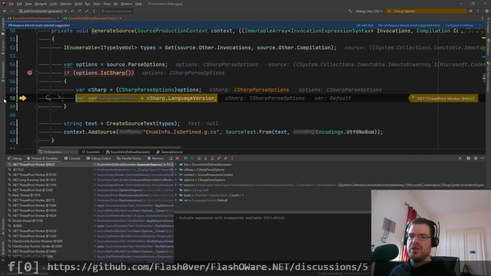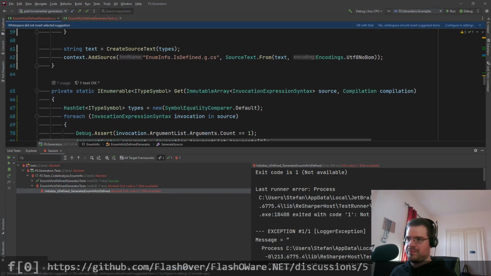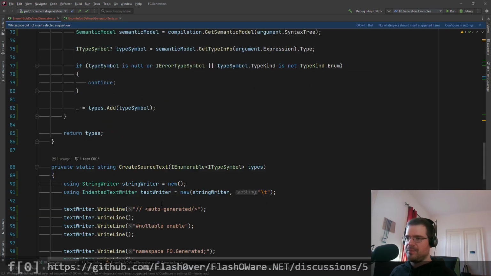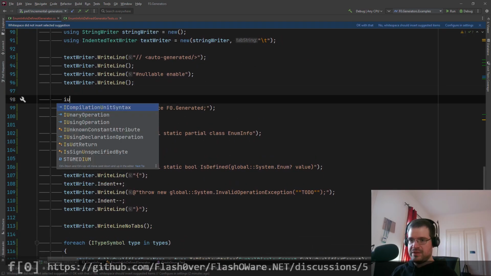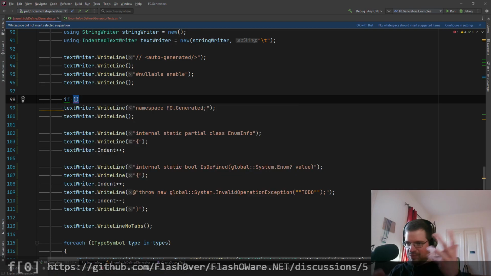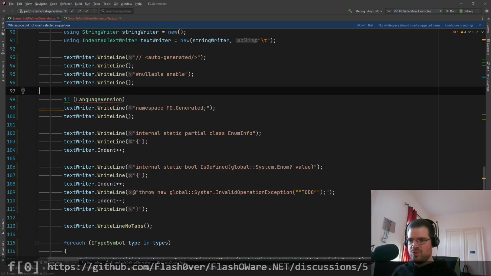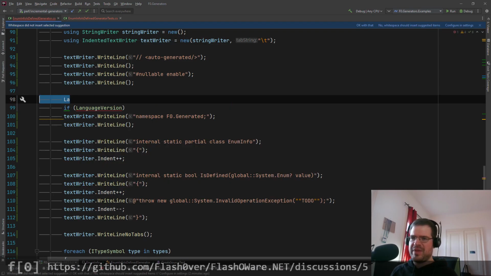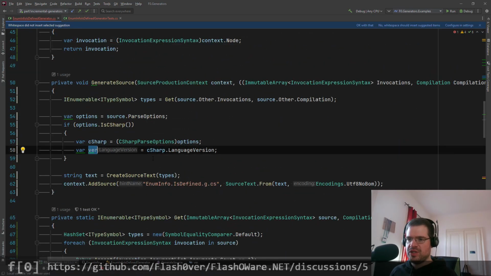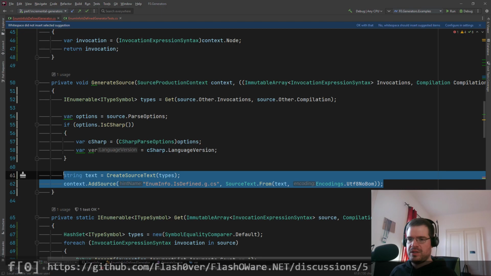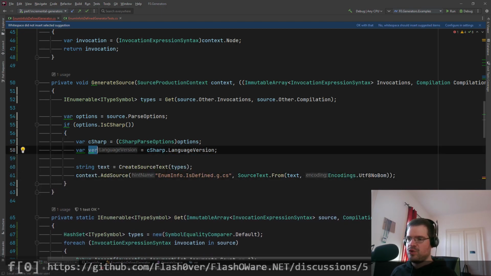And then we could have checks in place where we basically say, okay, if our language version, let's assume we have a language version here. Actually, let's pass it in. Let's complete this example. We have our language version here. Let's put this into the block and we pass in the language version